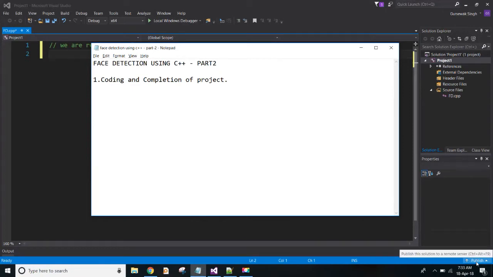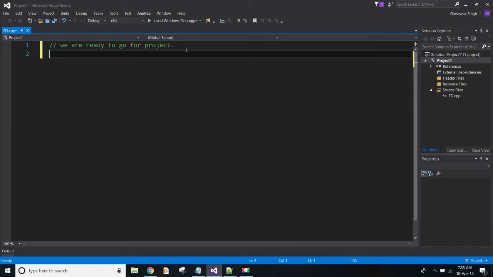Hello friends, my name is Gursewak Singh and this is part 2 of our project of face detection using C++, and this is the last part of this project. In this project we are going to code the project in C++. Include the header files in this project: #include iostream